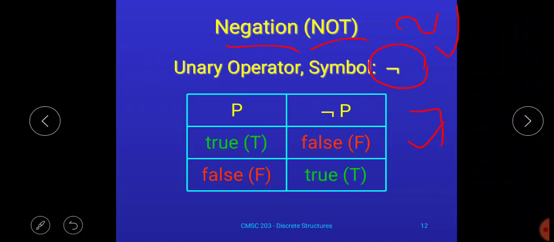It's very simple. As we have already discussed in our previous session, the letter P generally we use for denoting a proposition, and proposition means its value will be either true or false. So if the proposition value is true, then its negation will be false, and if the proposition value is false, then its negation will be true. I think you may be quite familiar with this particular point. Negation is very easy to understand.